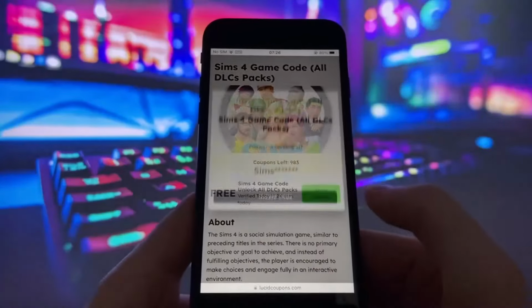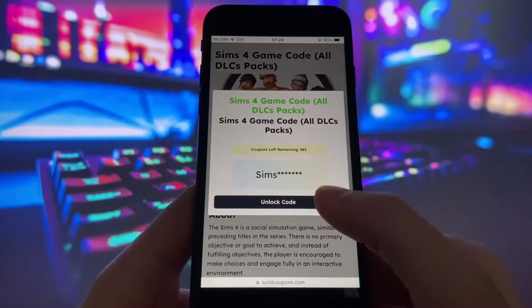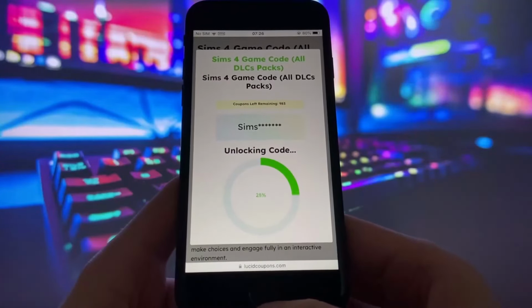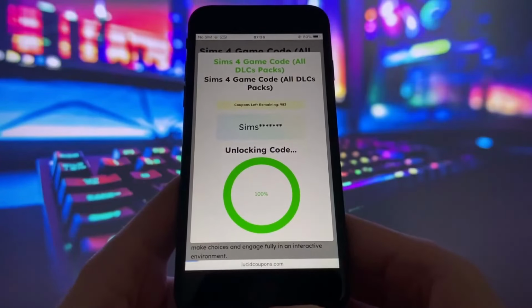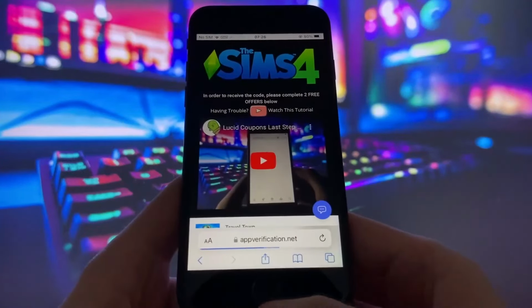No worries though, unlocking it is super simple and takes less than 15 minutes. Okay, now hit Unlock Code. This will take you to a page where you'll need to complete at least 2 offers to unlock your code. Don't worry, these offers are super well explained and really easy to do. They might be different based on where you are and the time you're doing this, but believe me, it's totally